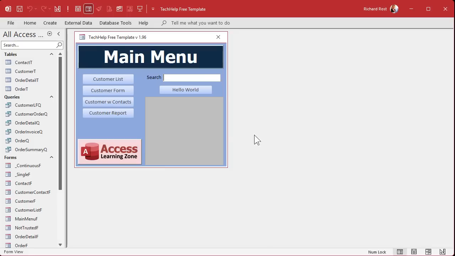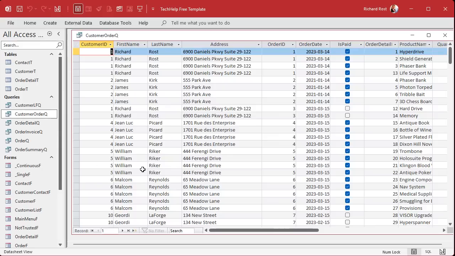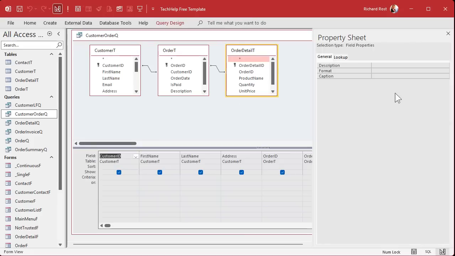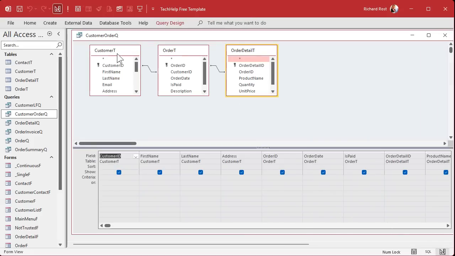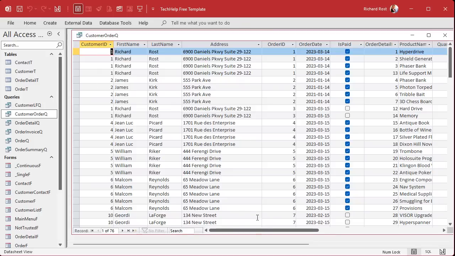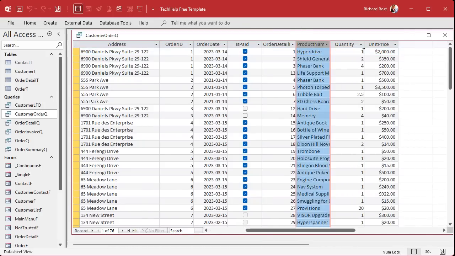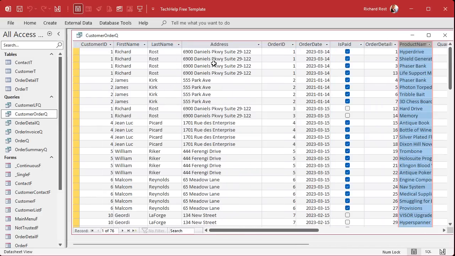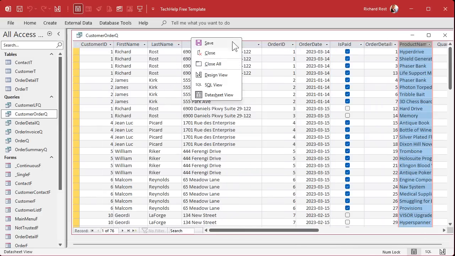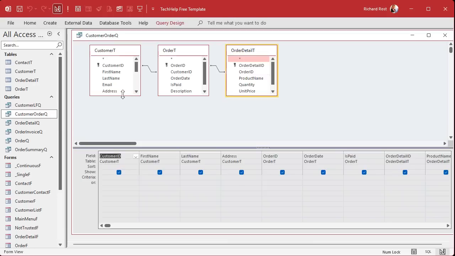Now, I already have a query called customer order queue that brings together the customer, the order and the order details. And you can see what that is here. I covered this in my invoicing video, right? Customer, order, order details. So this has pretty much everything we wanted. We just got to add a couple of customer fields. There's the product name, right? There's the line items for each order. And we just have to add a few fields in here. We got first name, last name, address. We just got to add phone and email to this. So design view, let's add in